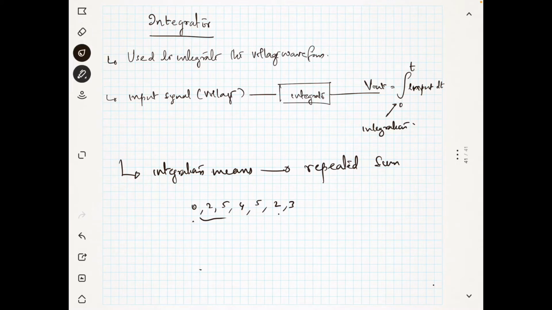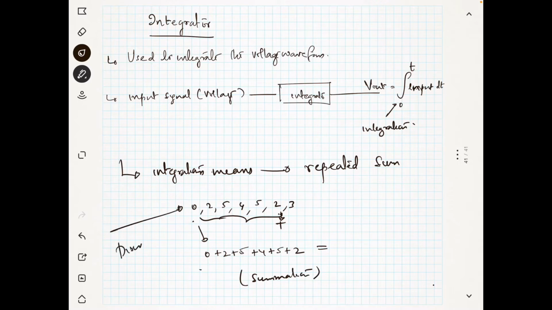So what is the integral of this? This is 0 plus 2 plus 5, and this is your t here, so 5 plus 4 plus 5 plus 2. This is the answer for the integral. This is nothing but a summation. Why is it a summation? It is because these are all a discrete set of values. But if you have a continuous set of values,